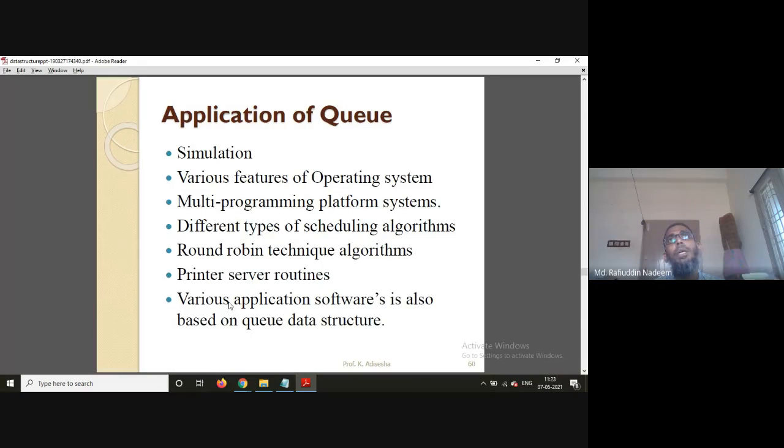So when I talk about these scheduling algorithms, if you take first in first out, you have a scheduling algorithm, first in first out, where a process will be served which comes first. So the first in first out, the process which comes first will be served first. So there also a queue is maintained. When a number of processes are coming, you will learn this in your operating system. When a number of processes are coming one by one, what happens is a queue is formed, and then each process is served according to their arrival there. Okay, that is what the queue means. That's where the queue data structure is used.